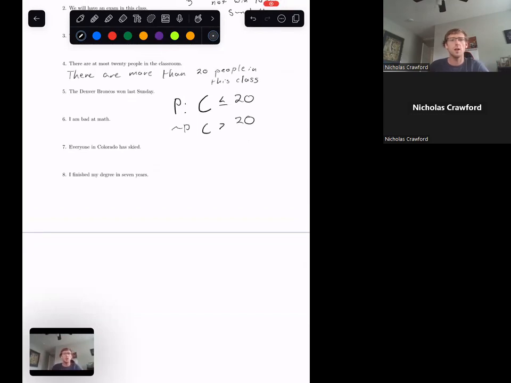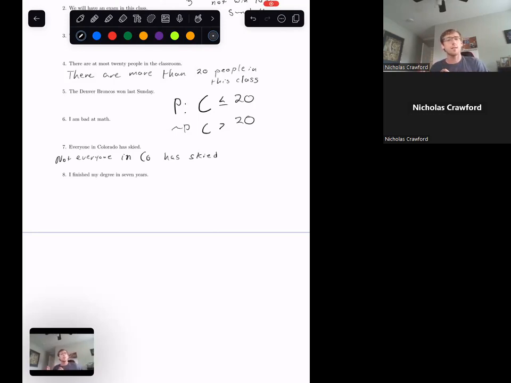So let's try this one right here. We already talked about 5. Let's try 7. Okay. Everyone in Colorado has skied. Okay. The negation of that is not everyone in Colorado has skied. So this would be fine. Not everyone in Colorado has skied. However,